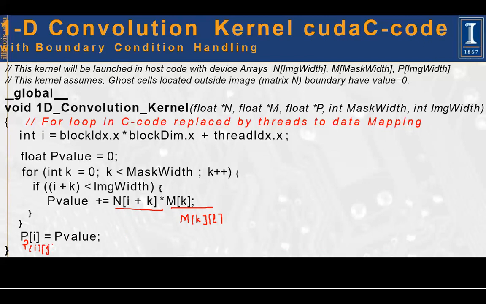As I said, CUDA-C does not support two indexes. So you have to convert everywhere in this code. Convert these two-dimensional things to one-dimensional things. And what is the rule for conversion? Like this, you take M, you take the first index multiplied by the width of this matrix. What is the width of this matrix? It is the mask width. So you multiply it by the mask width.